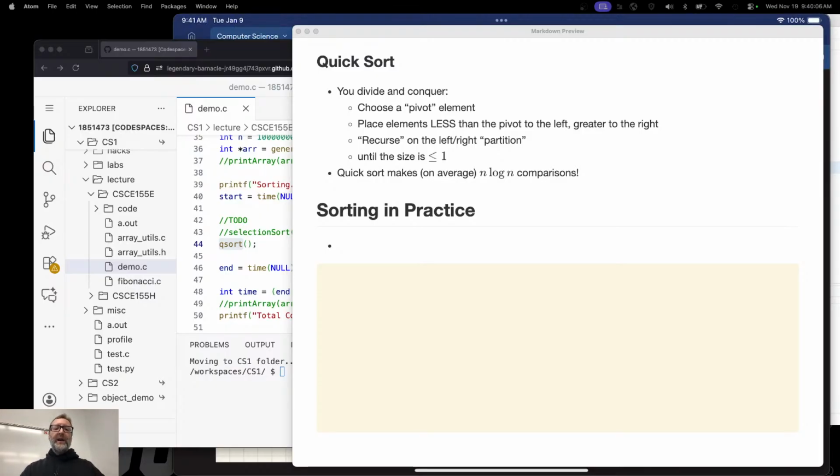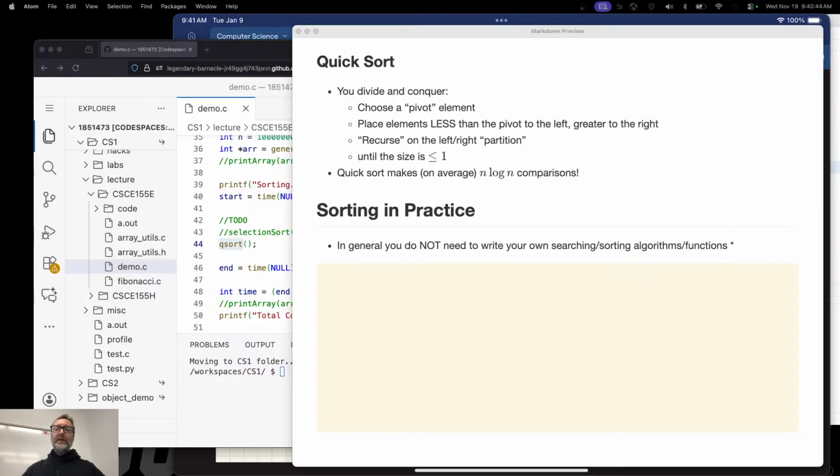All right. So, sorting in practice. In general, you do not need to write your own searching or sorting algorithms or functions. Why wouldn't you want to do this? First of all, it would require a lot of copy pasta. I want a sorting algorithm for integers, copy pasta that. I want one for doubles. Now I want it for strings. Now I want it for airports, like you're doing right now. So it would be a lot of copy pasta for each different type.